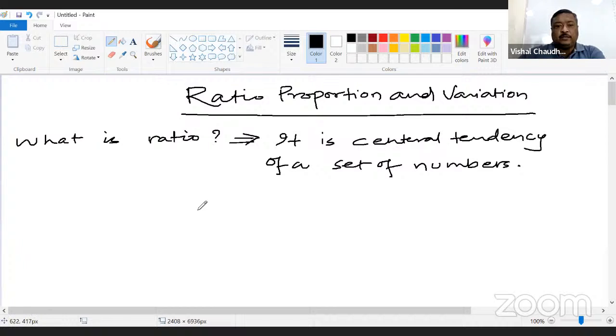Central tendency means, let's assume I have a few numbers, 12, 13, 17, 18, and 20. Now, how do I have to find out the ratio? So we know ratio is what? Central tendency. What do you mean by central tendency is this. When we take out the average, that is